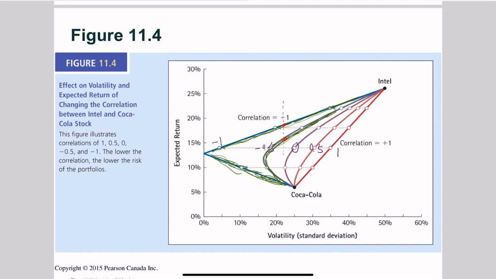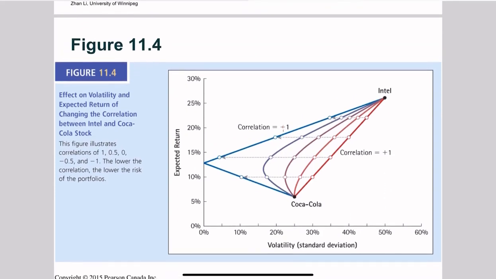volatility. So this basically tells you that portfolios on the curve with lower correlation are more efficient compared with the portfolios on the curve with a higher correlation, right? This is a very natural result. This result is somewhat expected. Why? Well, remember we learned in last class how to calculate a portfolio's